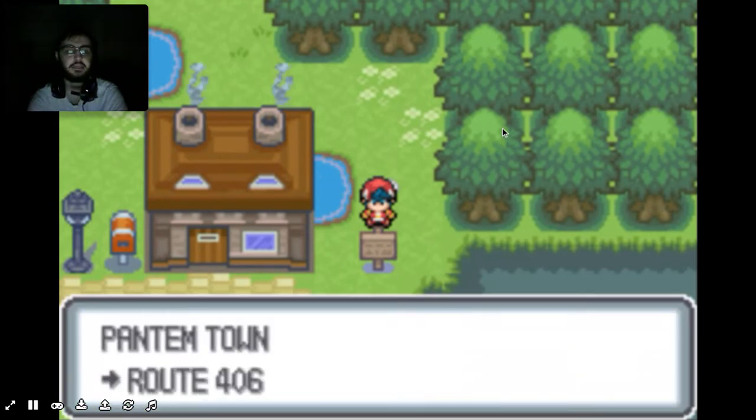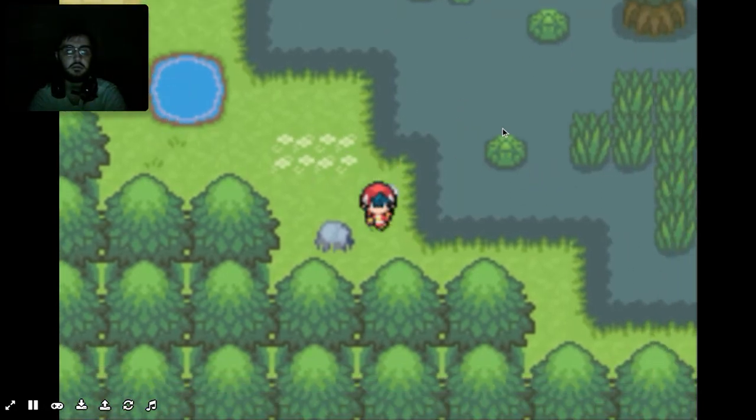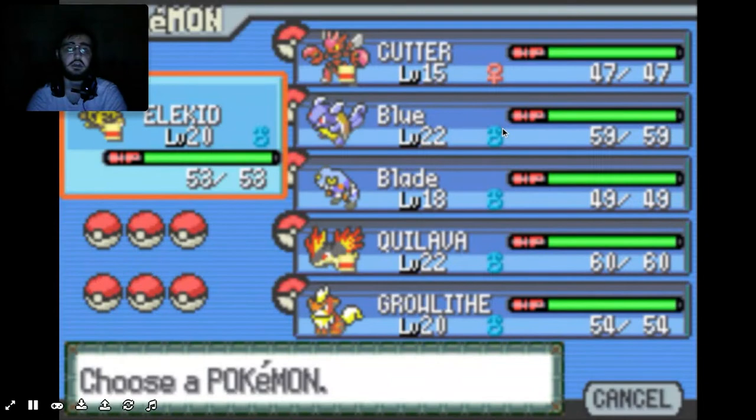Pentem Town and Route 406. Oh, yeah, this is... Oh, my gosh. Okay, well, at least Ellicot's gonna get a bunch of experience, so...